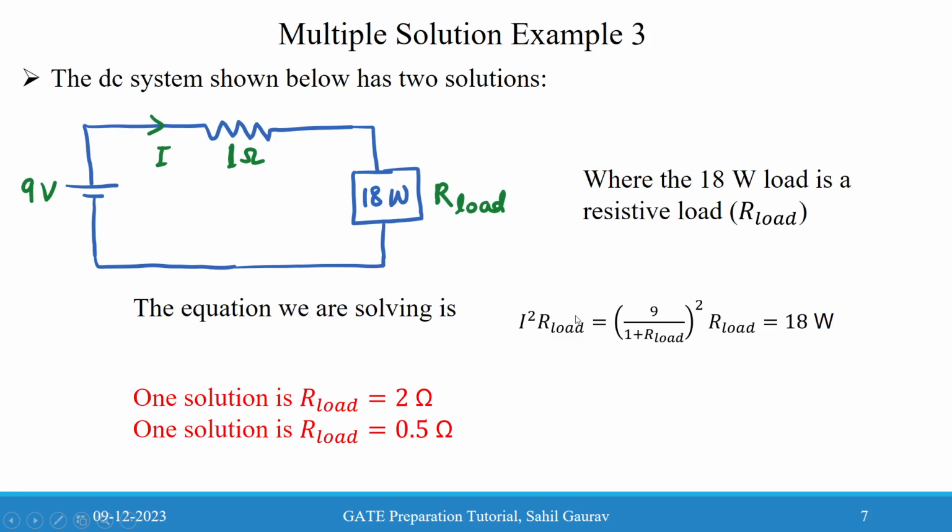We will simply find the current I. It is given that power is equal to 18 watt, so I square R load equals 18. The current I we can write as 9 divided by (1 plus R load), since we have assumed a resistive load. So the current value will be 9 divided by (1 ohm plus R load), and this squared, multiplied by R load, will be 18 watt. On solving this,